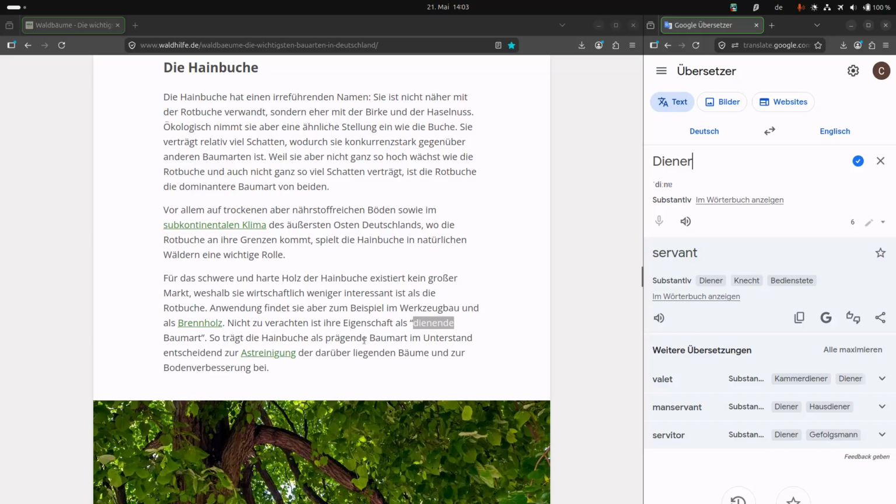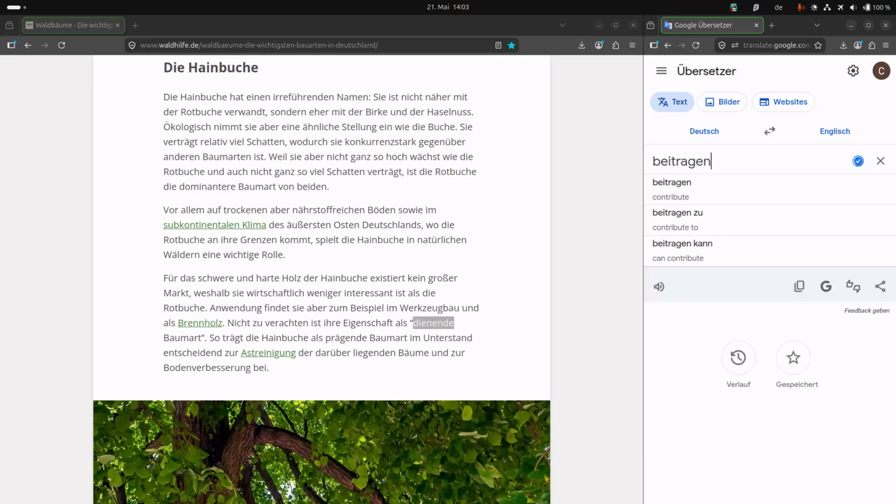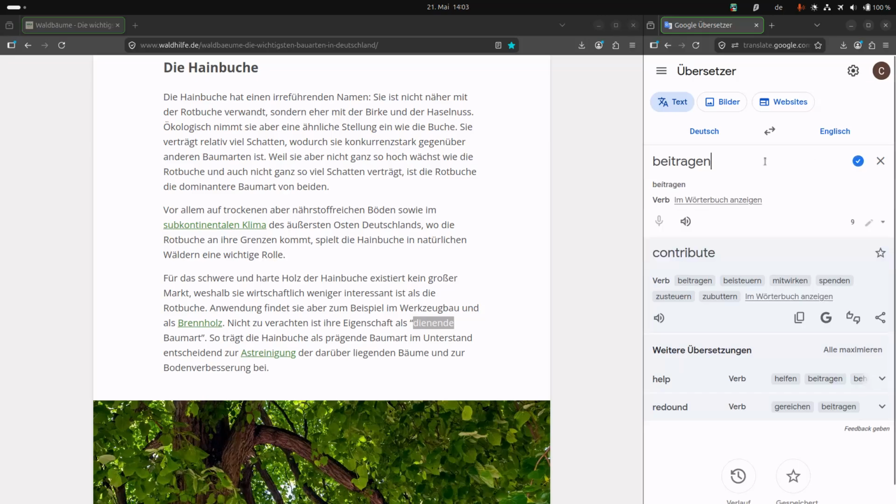So trägt die Hainbuche als prägende Baumart im Unterstand entscheidend zur Astreinigung der darüber liegenden Bäume und zur Bodenverbesserung bei. So, this way, trägt, carries, or trägt bei, because this is a separated verb, so beitragen is the original verb, which just means contribute or to help. So die Hainbuche, the hornbeam, as